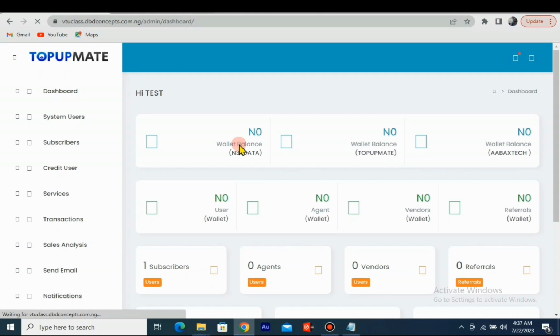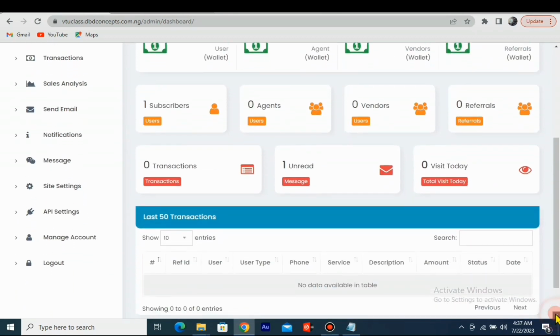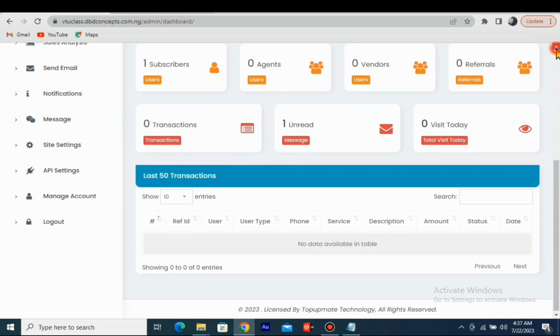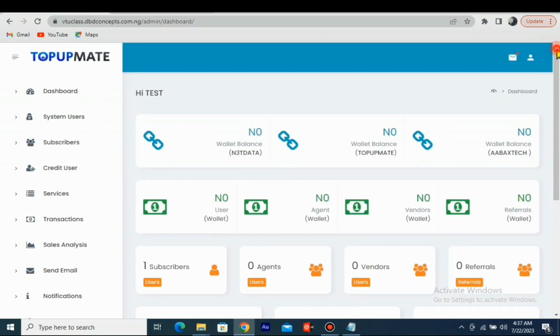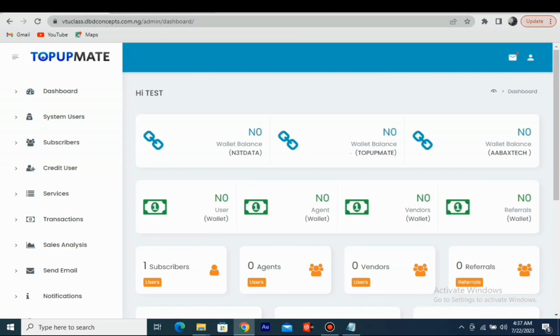Alright guys, welcome to my screen. Can you see now, at the end of this video, you'll be able to create something like this. This is the admin area of VTU websites. You can see transactions and so on and so forth. So this is the admin area. Let me show you the